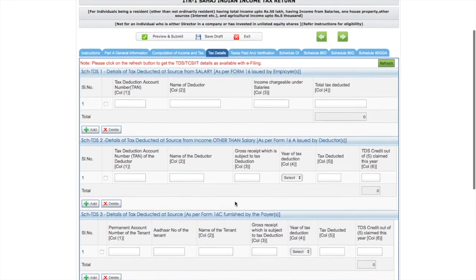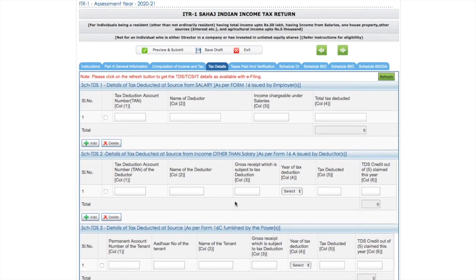So you can manually enter the details. All the details to be entered here will be available either in the forms issued by the deductor or collector, or in Form 26AS.